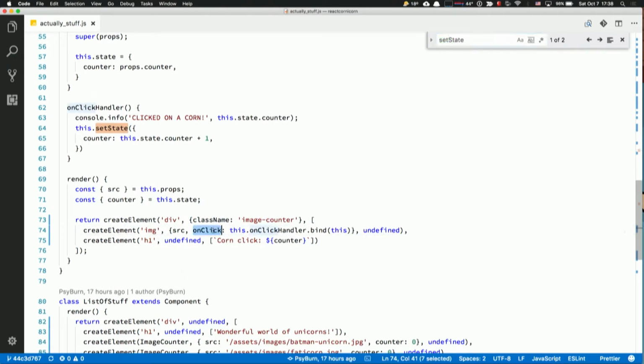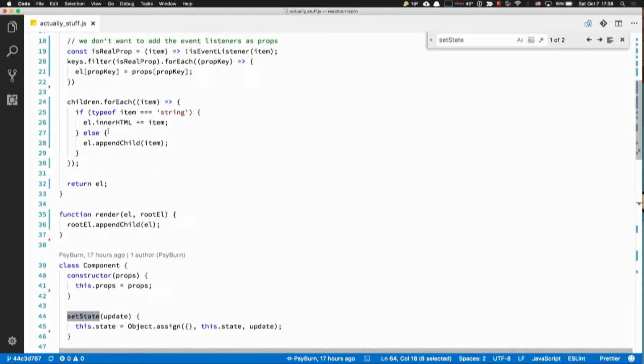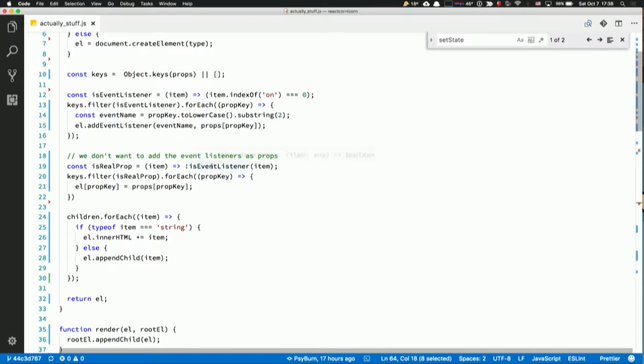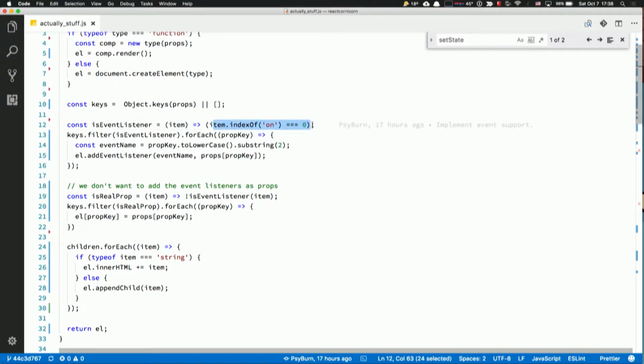So I added a property on something, onClick in this case, and made a function for it. It says clicked on a corn and sets state for something. And I just said if this begins with on, it's an event, so add an event. So it's nothing special, but this actually works.